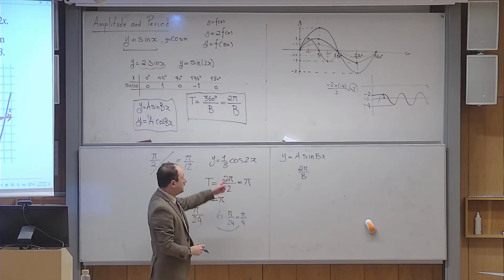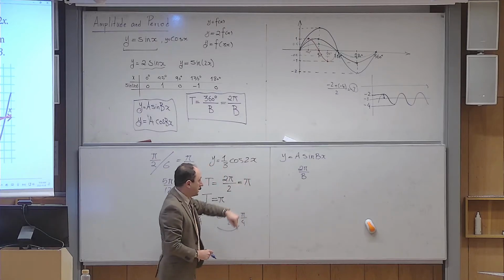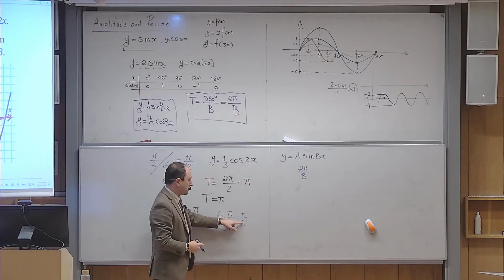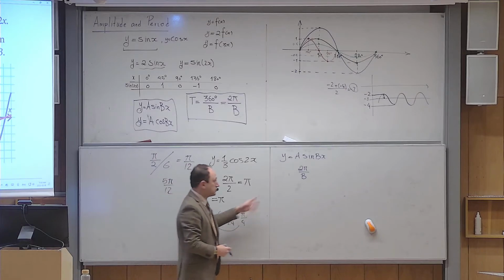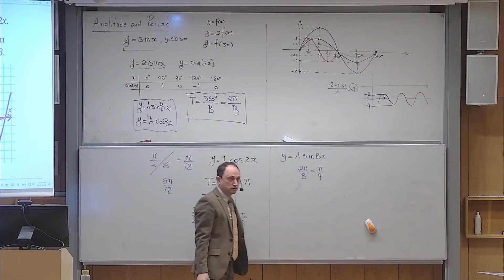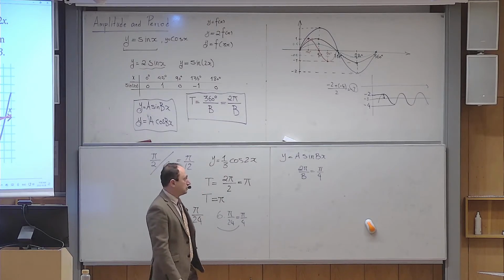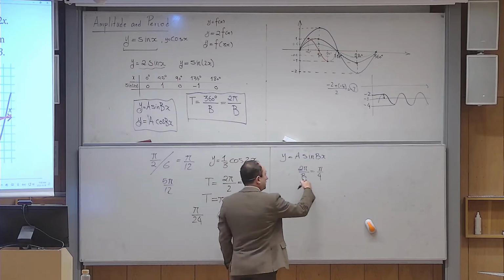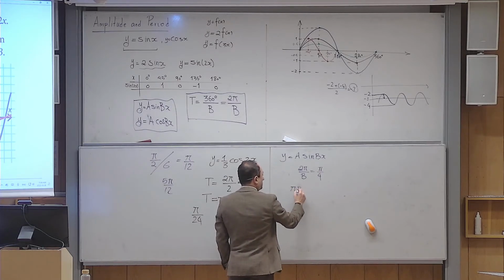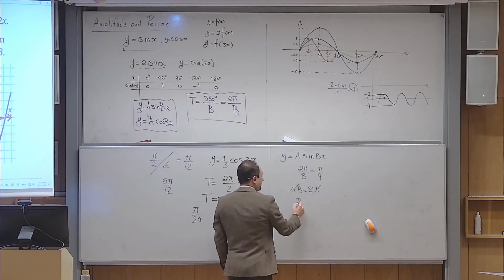On the one hand, the period of the blue curve should be this. On the other hand, using the information on the graph, I found this pi over 4. So these two should match. Yes? And this will give me the exact value for b. What is the exact value for b? I multiply, it is pi, b is equal to 8 pi, and then pi and pi are simplified, so b